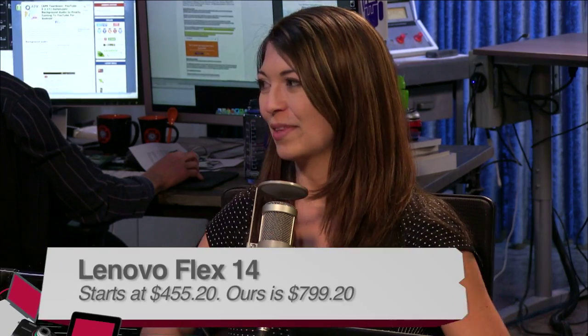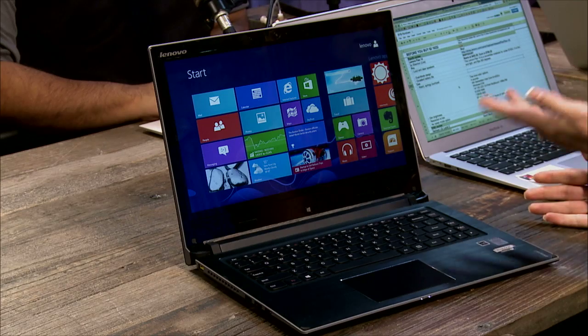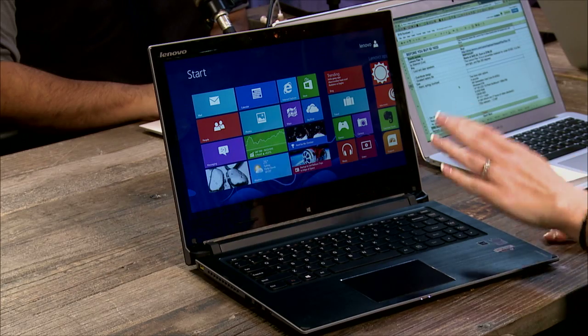This is the Lenovo. Now, Lenovo has a high-end line, the ThinkPad line, and then they have a less expensive line. This is the Flex 14. It starts at $455. That's pretty inexpensive. Yeah, it's not bad at all. So the cheapest option comes with a little i3 processor. It's not bad, but it could be better. What do you have in there? The one I have is